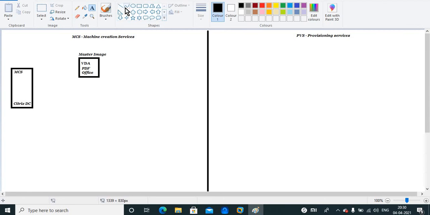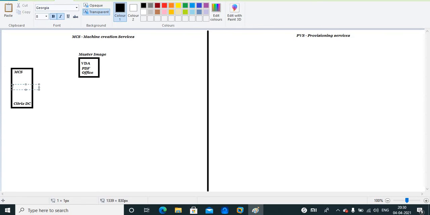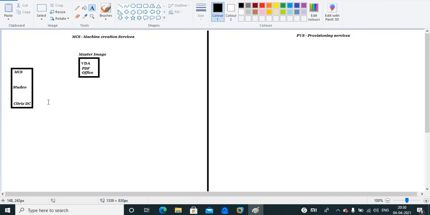After that, we'll open Studio Console. What is Studio Console? Can anyone tell me what is Studio Console?